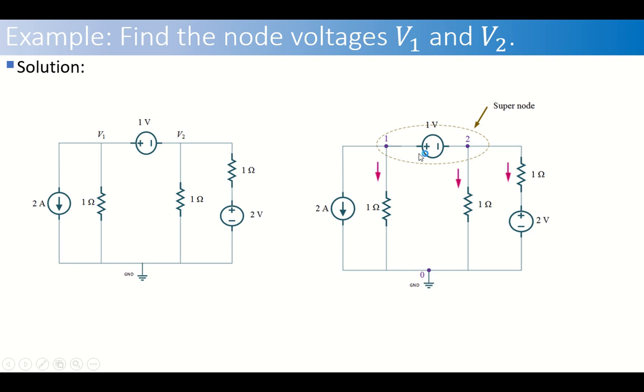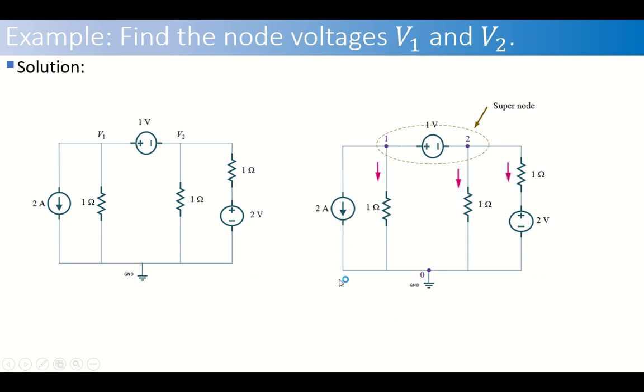But in this branch, we cannot write down the equation for the current using Ohm's law because there's no resistance here. So anyway, you can see that actually this is the super node. The current direction in this branch is given as 2 ampere from V1 downward, or from node number 1 to ground. Here we can show the current direction from node number 1 to ground. Here also we can show the current direction from node number 2 to ground. And also in this branch we can show the current direction from node number 2 to ground.